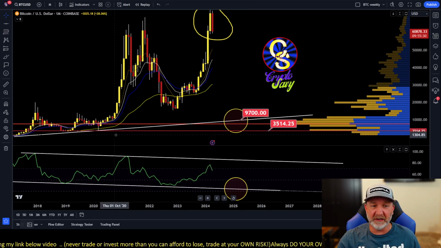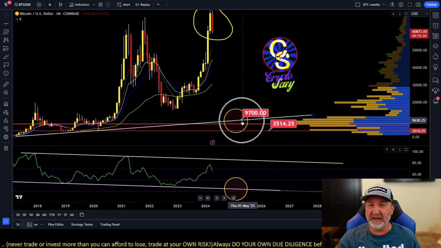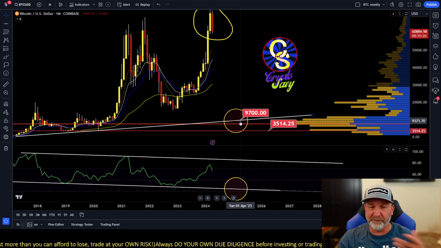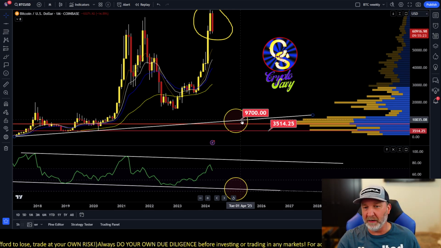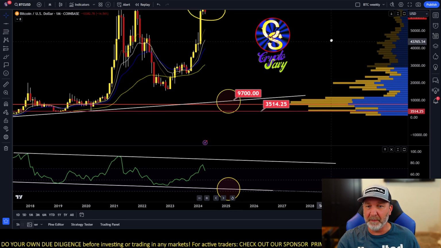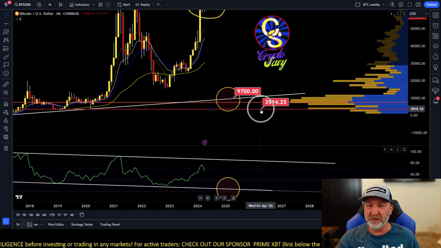As you can see, I have a trend line off of these wicks down here that would get us down to 97 somewhere in May of 2025 if that was to happen. But we also have this huge support at